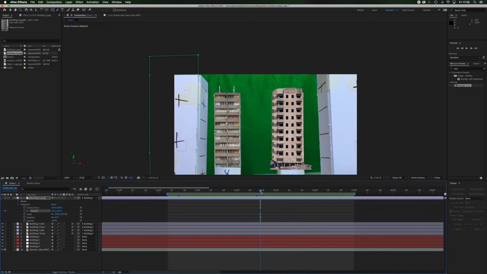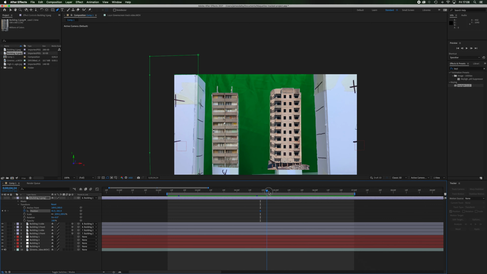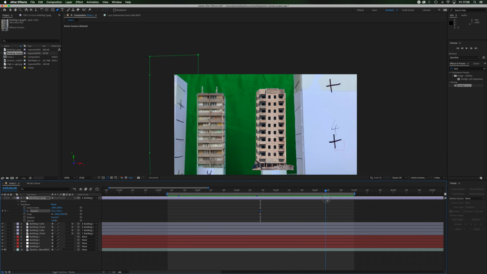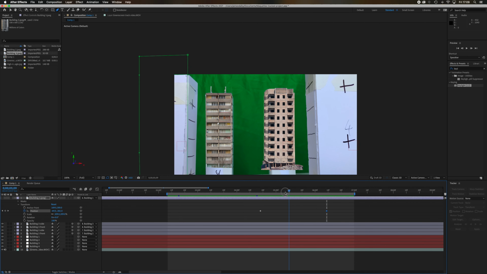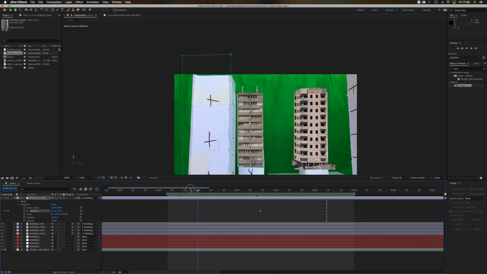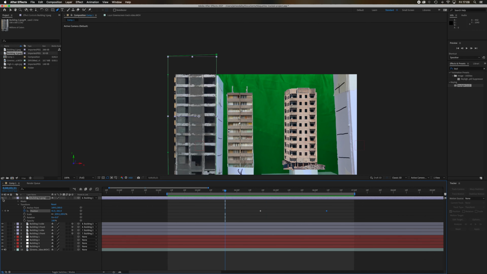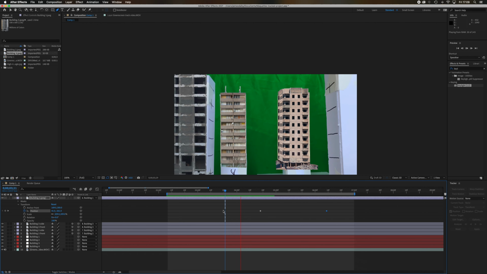And all we're going to do is move the playhead along and watch the maquette, and when the front of the maquette goes off the screen, we're going to stop it there. Now we're just going to drag the position of our mask to the side of the screen, and theoretically that should now move at roughly the same speed as the building. So if we turn our building back on now,